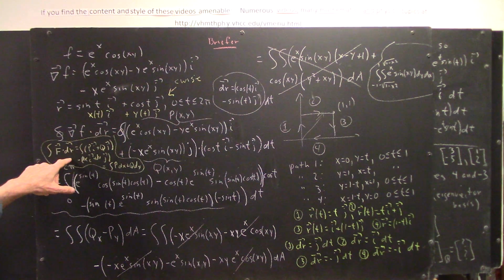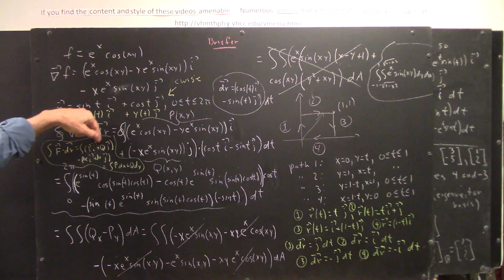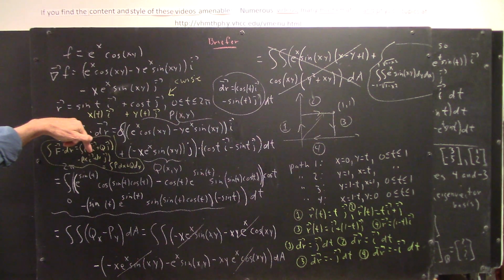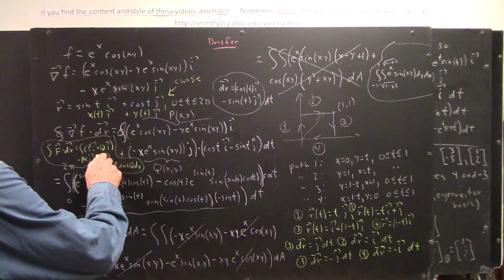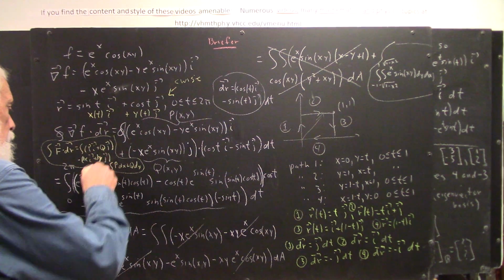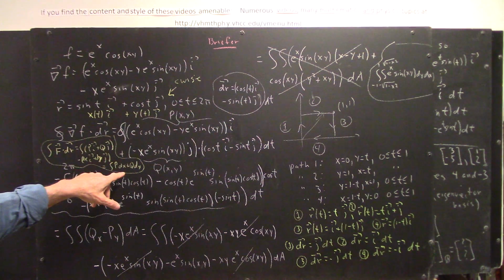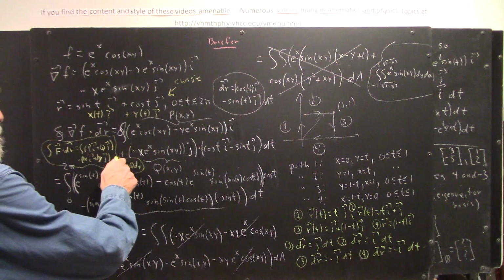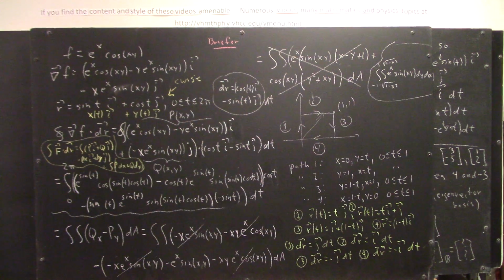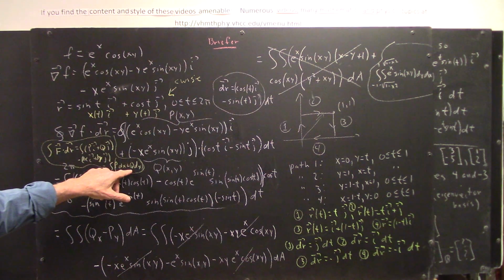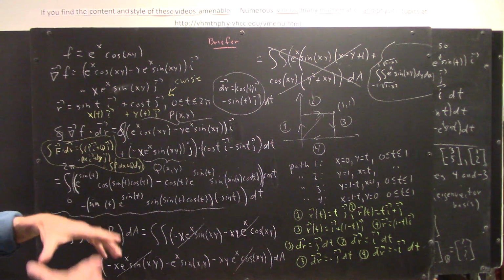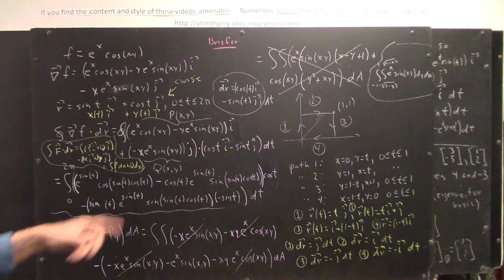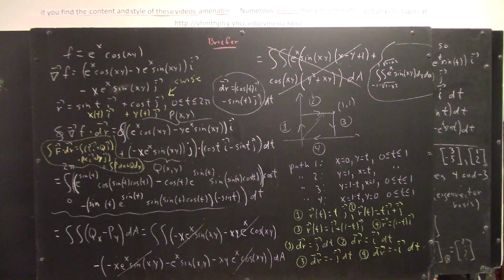You should know this, but F dot dr is Pi plus Qj dotted with, you probably can't read the dx i plus dy j, but that's what I attempted to write there. We're getting kind of small and the chalk is a little clumsy. But anyhow, we end up with the integral of P dx plus Q dy. Now I should have parentheses around that, but of course I just obliterated part of my P. Oh well. Now, we have this integral, and we know that this integral over a closed curve, assuming the interior of the curve doesn't contain any points where the P and Q functions aren't defined,